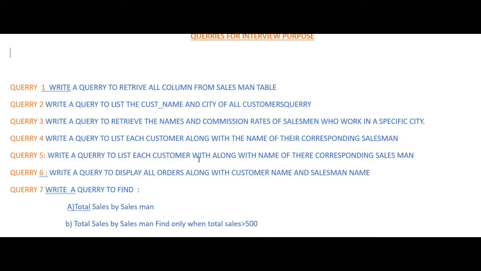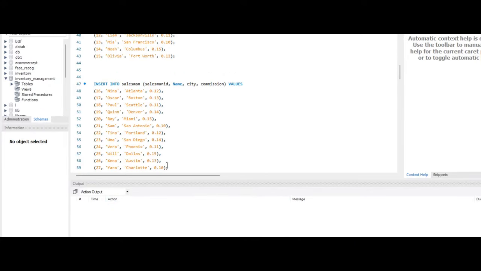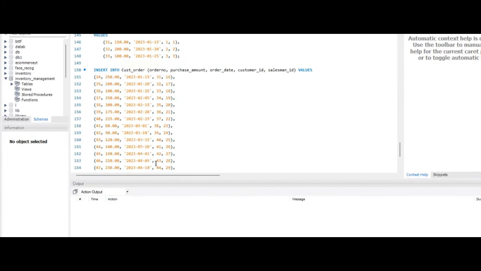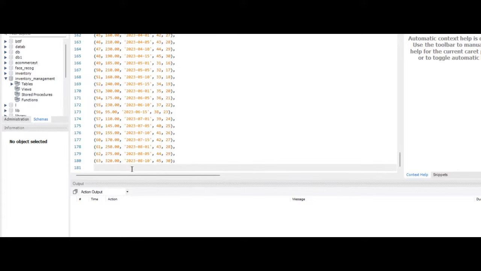So if I get a query like this, what will I do? I simply write select star from salesman, and I run this query.